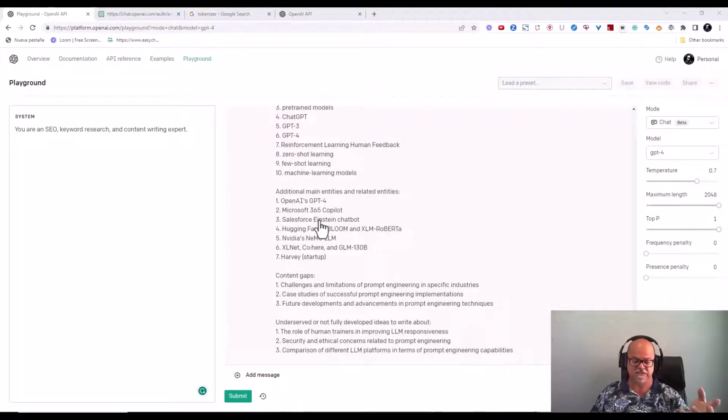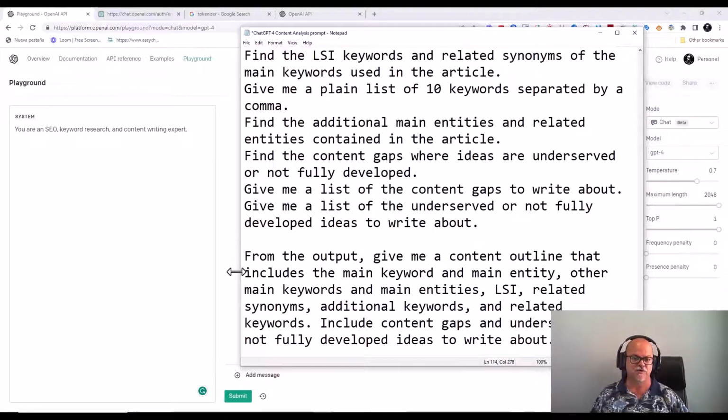I said we were going to do this in 3 parts, and excuse me for looking away because this is what I'm going to add as a prompt. I'm going to tell it from the output, give me a content outline that includes the main keyword and main entity, other main keywords and main entities, LSI, related synonyms, additional keywords, and related keywords.